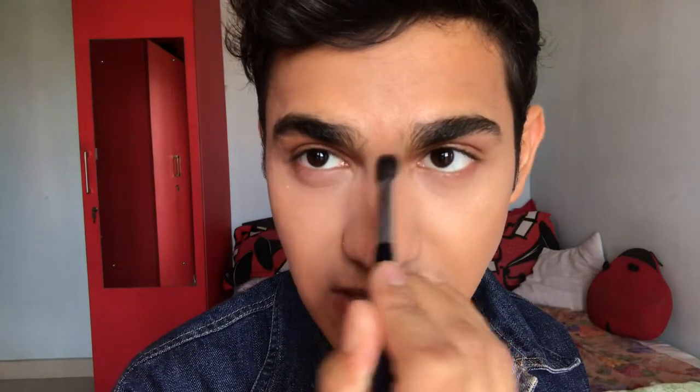Whoa, would you look at that? Now when it comes to highlighting, the trick is to not go all the way down. I'm taking a smaller brush for this. It starts with the bend in the bridge of your nose, where there's a small dip. So just start by putting your highlight onto that place first